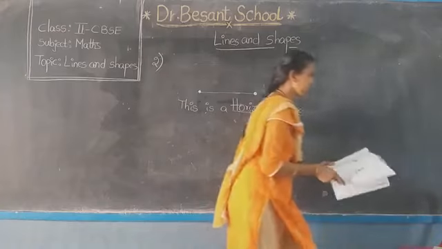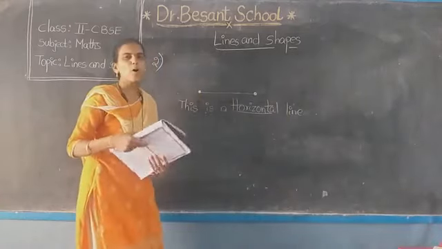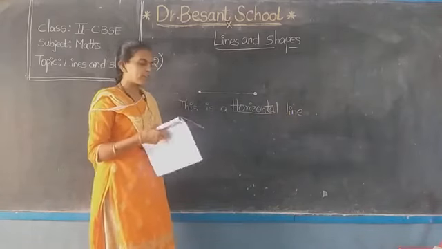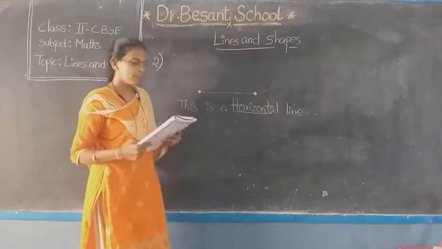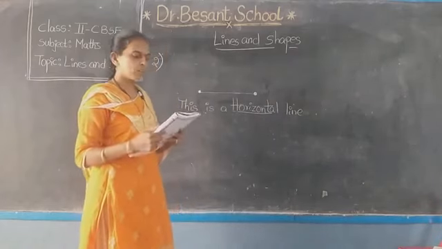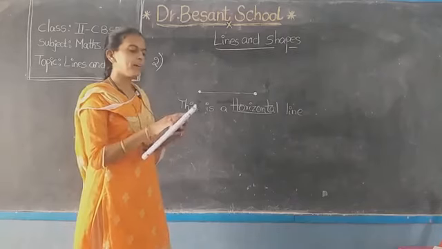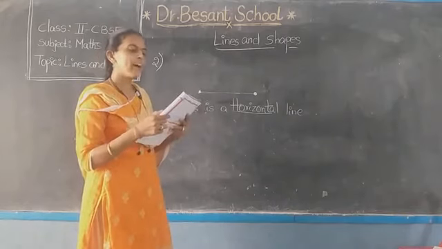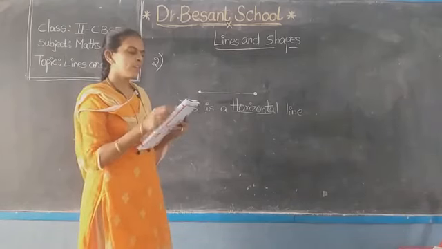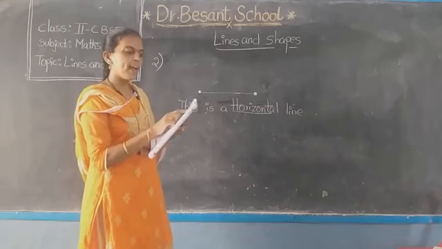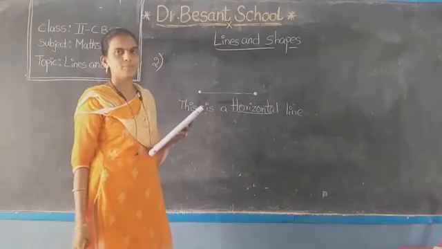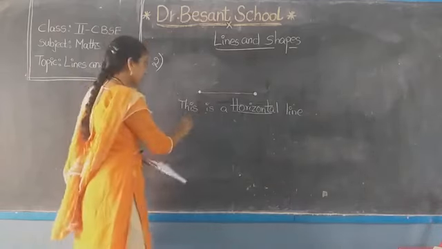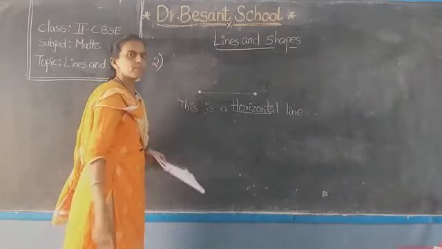Next, a small activity, children. If you turn to page number 6, they have given an activity for you. I'm reading out the question. So please look into your book. Create a birthday card. Here in the space you have to create. Write your message on vertical, horizontal and slanting lines. So you have to create a birthday card here. That means you have to draw the picture of a birthday card.